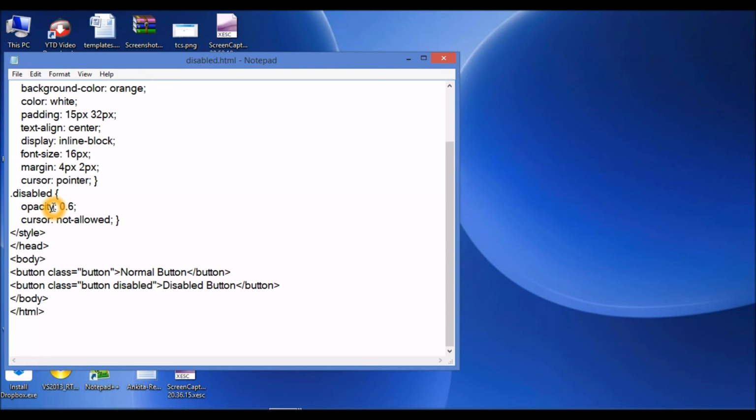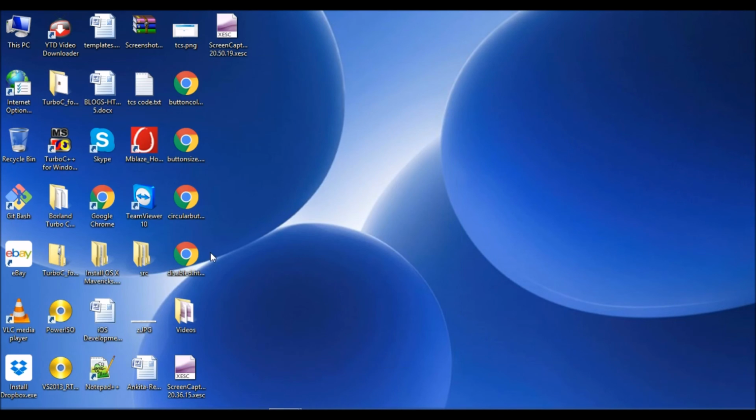I've defined that opacity as 0.6, so that this disabled button is shown as non-clickable, and cursor I've written not-allowed. Well, I'll show you what impact it has. In the normal button you'll see the pointer, in the disabled button you will see nothing because I've mentioned not-allowed. I'll save this and I'll show you how it happens.